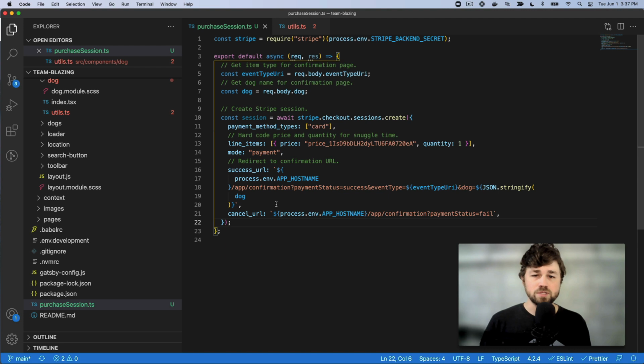And there's a bunch of options in here that aren't necessarily important. But we're going to set the price and quantity for the dog snuggle session. And then what is important is we're going to set our redirect URL. So this is going to be a client-side route to our confirmation page with the dog's name and some other